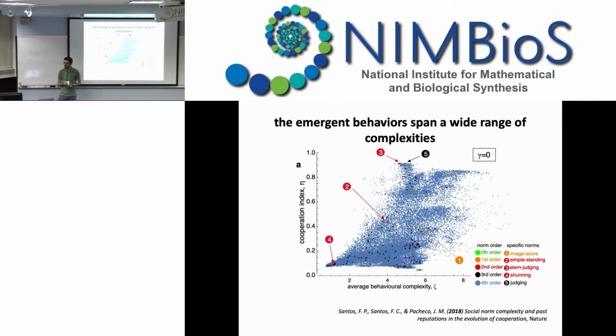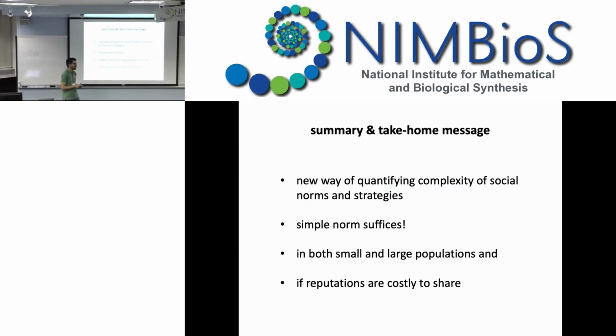I still have some time, 2 minutes, okay, which is nice to summarize. So we started from indirect reciprocity as a mechanism to justify, in a way, cooperation in pairwise interactions in specific domains. And then we've seen that there's a way of quantifying the complexity associated with norms and strategies in the context of indirect reciprocity. Also, this represents a process, an algorithm if you wish, that can be used in other domains, in direct reciprocity, in any situation where you can describe your strategies with binary strings, basically.